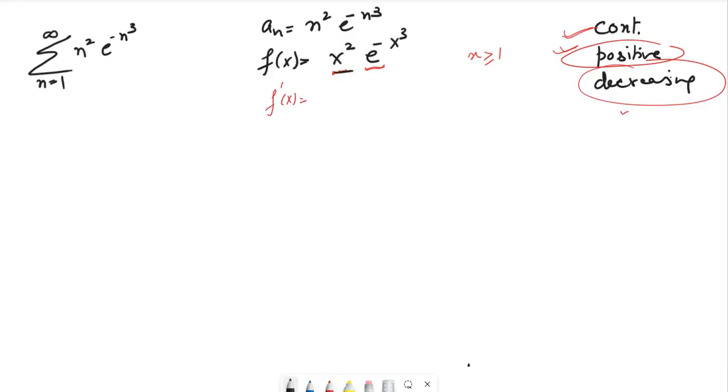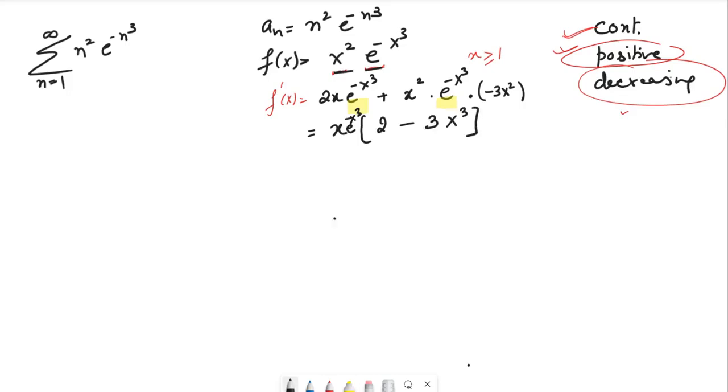How do you find the derivative? This is a product function, so we're going to apply the product rule. Derivative of x squared is 2x, e to the negative x cube as is, plus x squared as is, derivative of e to the negative x cube is the same thing, times the derivative of negative x cube, which is negative 3x squared. I think I can factor out e from both of them, and x. So x out, e out, 2 minus